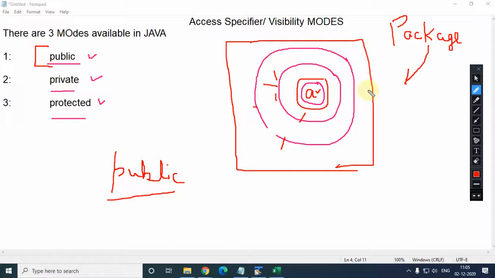In that case, if the main method is not public, then while executing the program, the compiler cannot execute the main method, because once you execute the program, first of all the main method is accessible without creating an object. How is it possible? Just because of this public keyword.